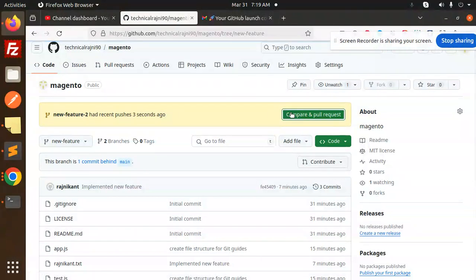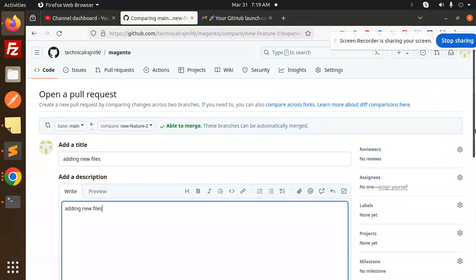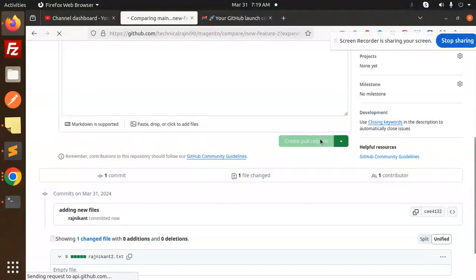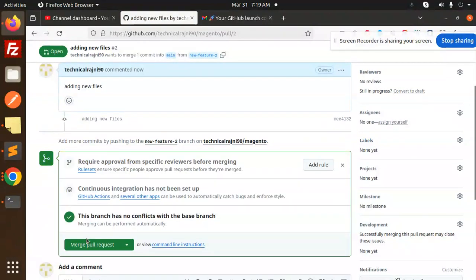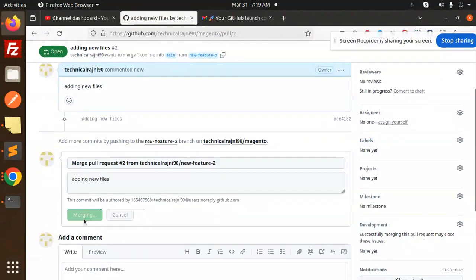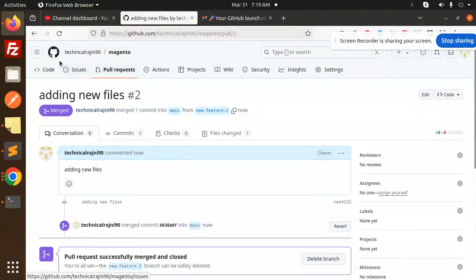I'm going to compare and pull request. So adding new files, I'm going to push it into the main branch. Create pull request. There is no merge conflict. Merge the pull request, confirm the changes, and now this file is going to be added to the main branch. If I go and check this one,